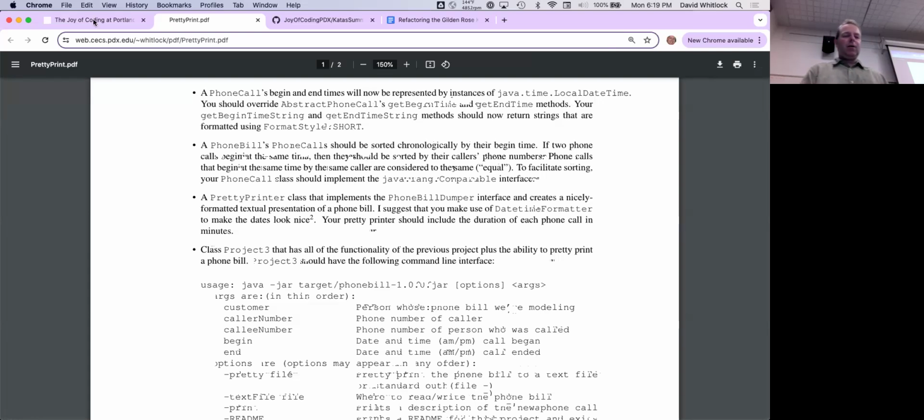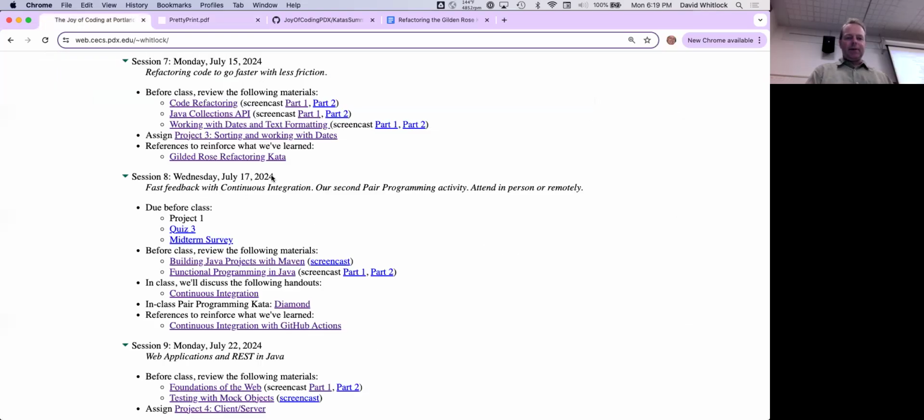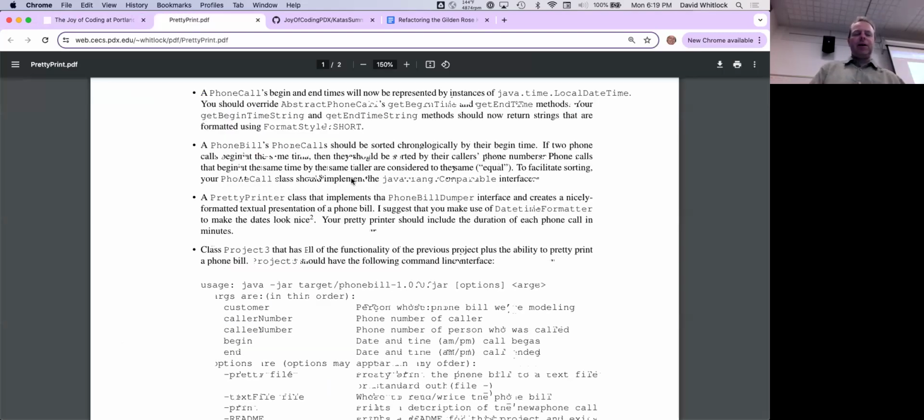By the way, all of the LocalDateTime material is explained in the Working with Dates and Text Formatting lecture that I hope you had an opportunity to review before tonight. But don't worry if you didn't. Please do so before you break serious ground on Project 3. The whole idea is that now we're representing dates and times using a specific object, not just a string. If you learn about that object, you'll see you can get information about it, like what the year is, how many minutes past the hour it is, and add 7 minutes to it, all sorts of great stuff. The LocalDateTime API is really cool.